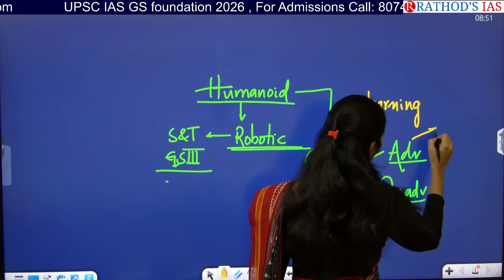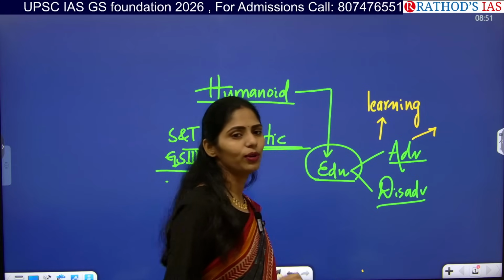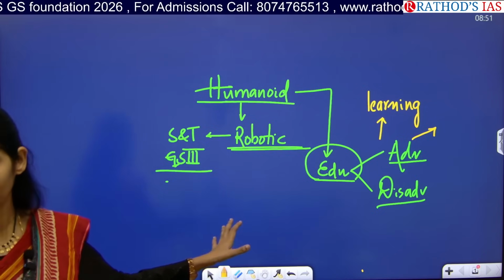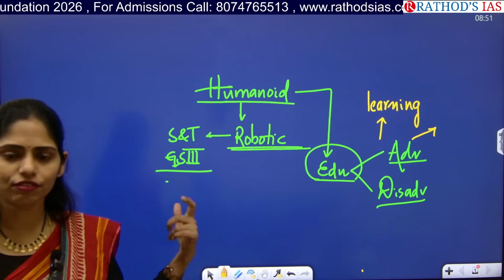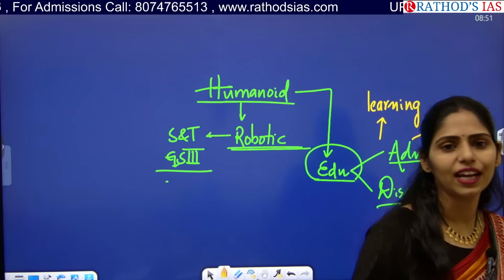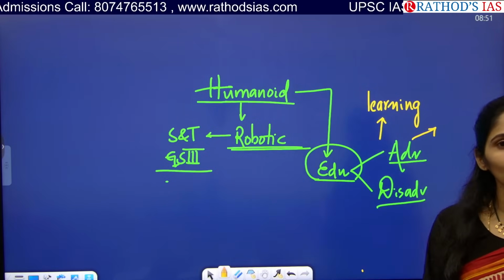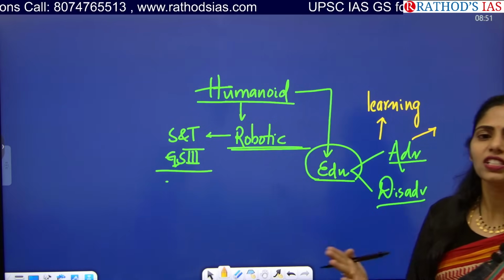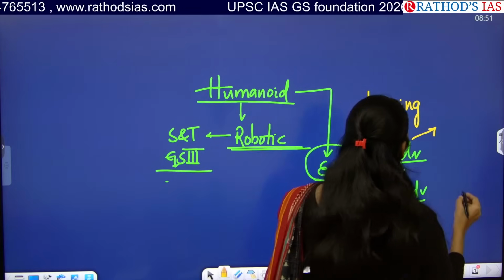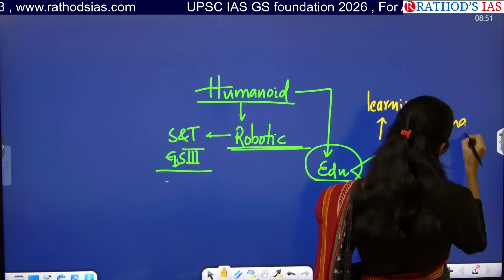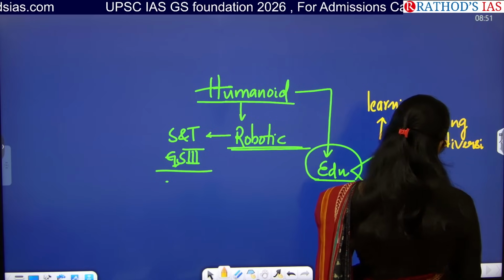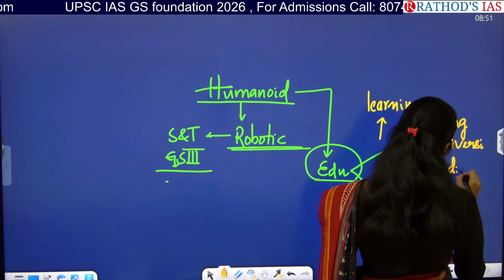Next, these robots have the capability of talking in many languages, because if you are programming anything, that will be done. So it will have the ability of talking in many languages. As you all know, our country is a very diverse country. We even have linguistic diversity, that means difference in the languages spoken in different parts of the country. It will be helpful for ensuring linguistic diversity, and even clearing doubts in different languages.